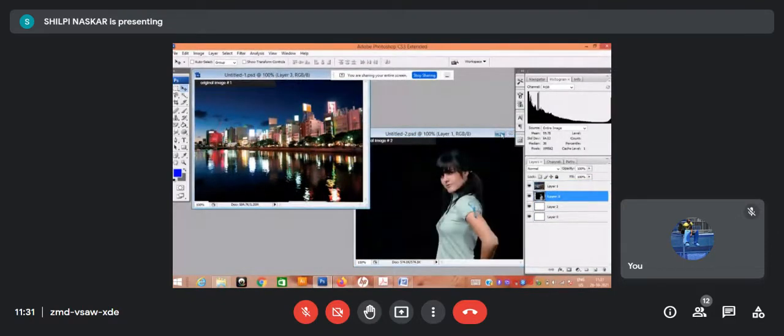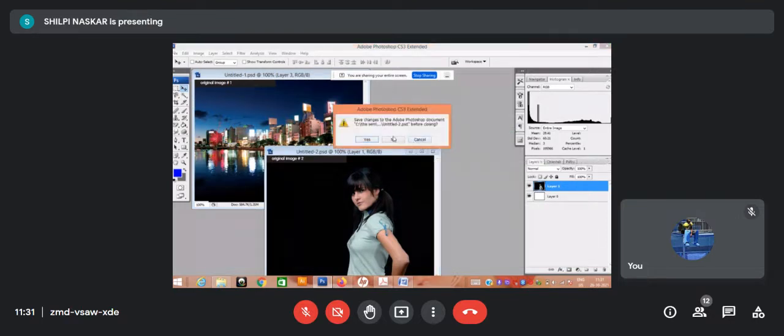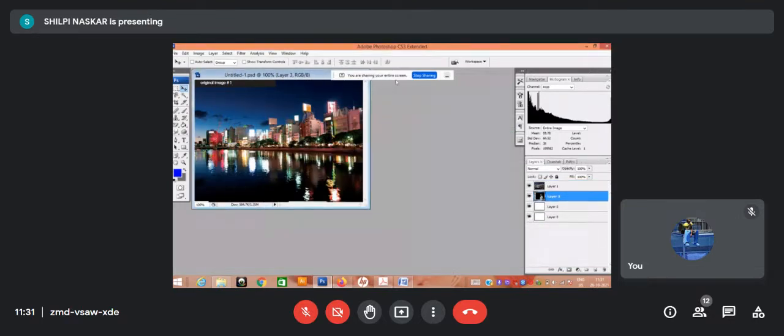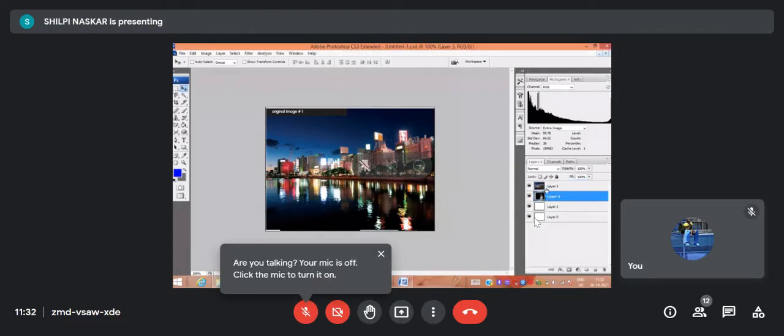Sorry, why is this not showing? I have dragged that. Why is this not showing? Somebody, can you tell me why this is not showing? Because this is at the bottom, so I have to drag it to the top.